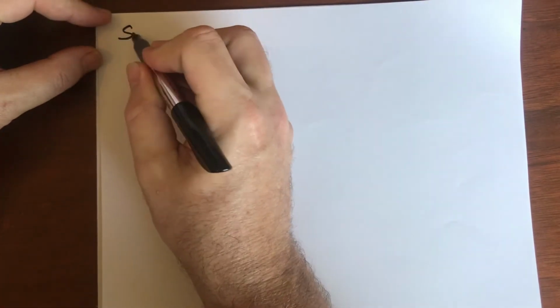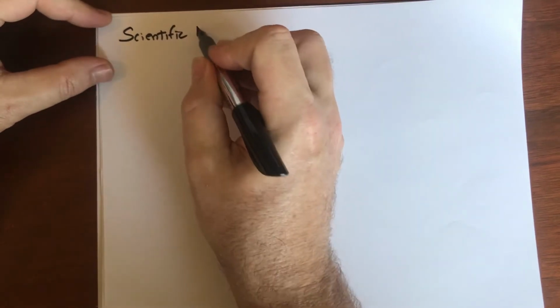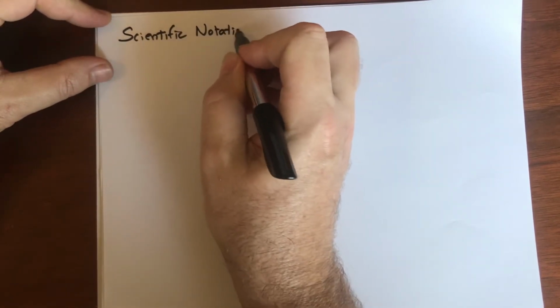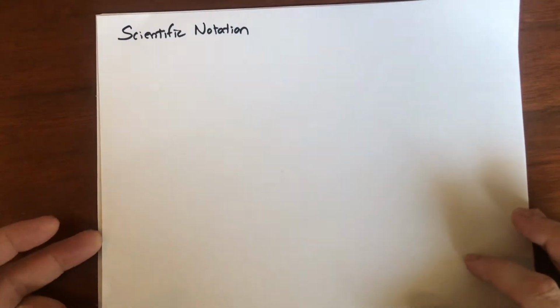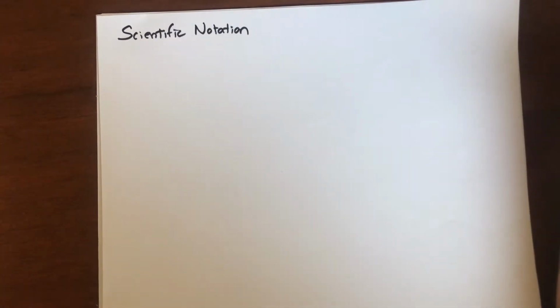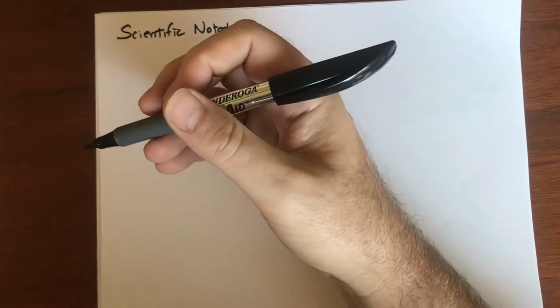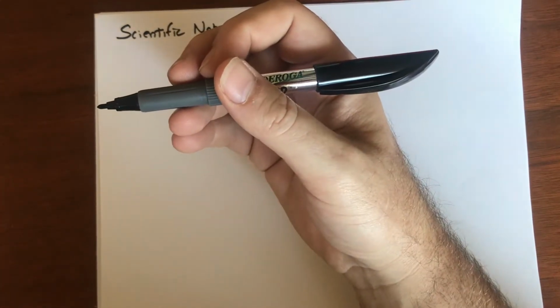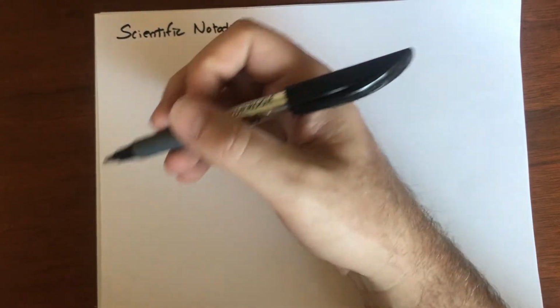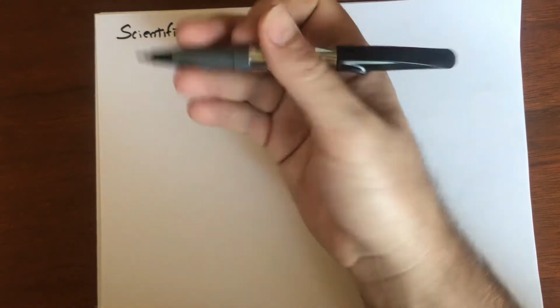Okay, so today we are going to talk about scientific notation. Scientific notation is just a pattern that happens with really big numbers. It's used by scientists, obviously. That's why it's called scientific. For writing really large numbers and really small numbers, which are very long, in a shorthand, so they fit into a